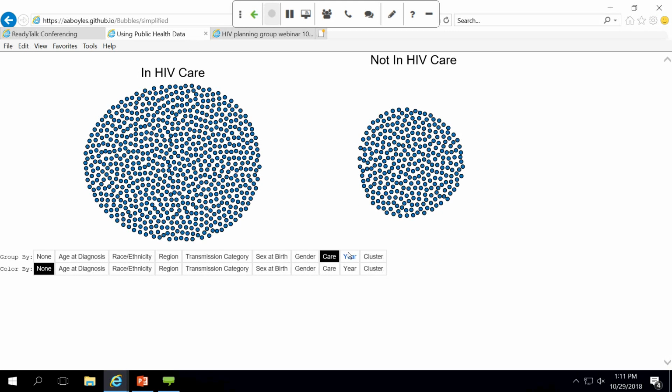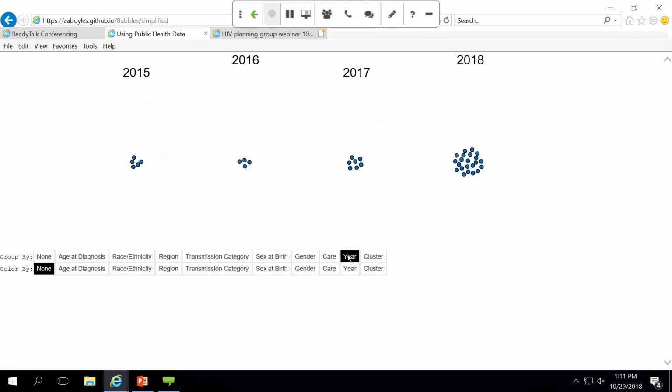We can also use public health data to determine when there might be an increase in HIV transmission. For example, we might find that a particular county, which typically has only a few new HIV diagnoses in a typical year, all of a sudden has a lot more than expected. This might signal that there's an outbreak, perhaps like the outbreak of HIV that occurred among people who inject drugs in Scott County, Indiana in 2015. This would be a signal that public health should respond to try to stop transmission.